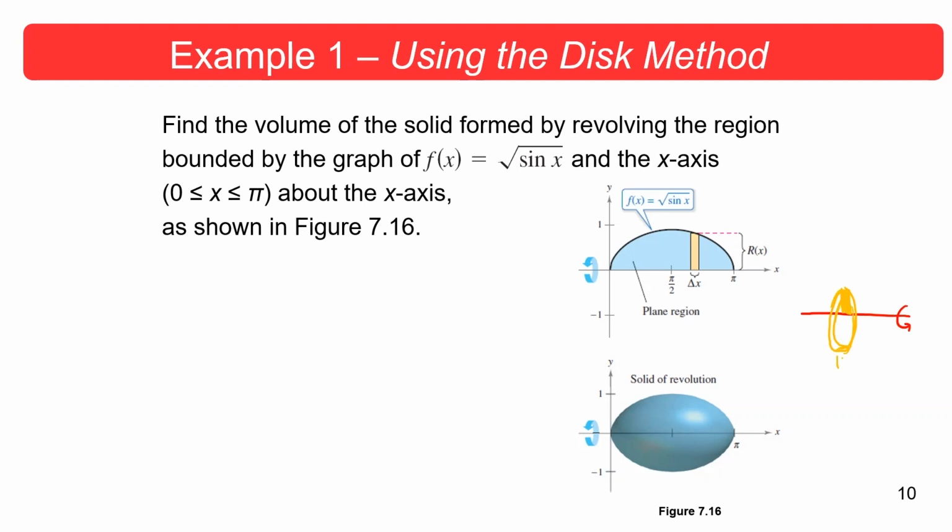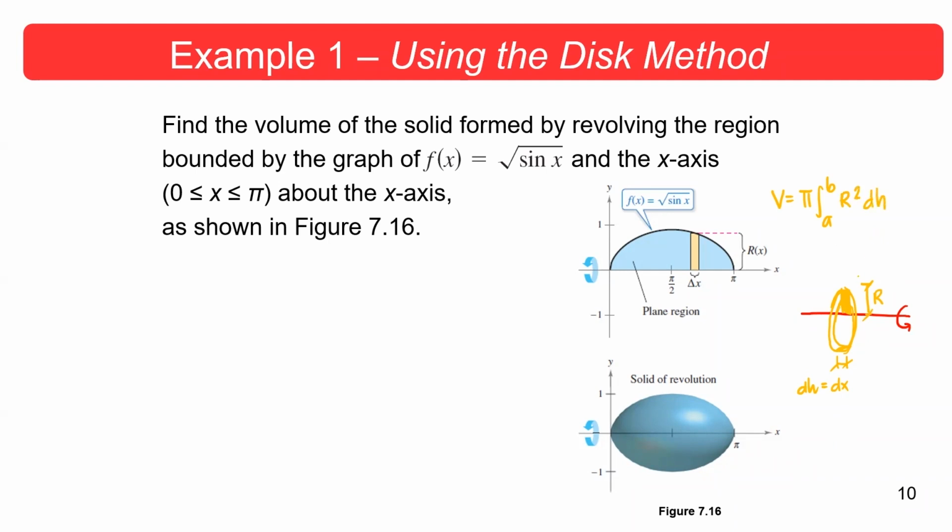So this one, the thickness is dx. And then this one, the radius would be r. That thickness, guys, is basically the h. So what's the working formula? Volume is pi integral from a to b of r squared